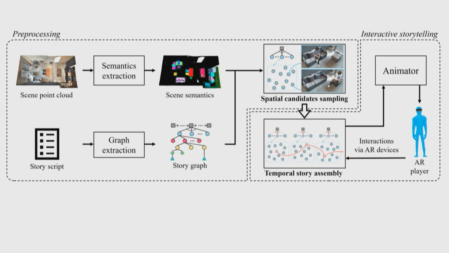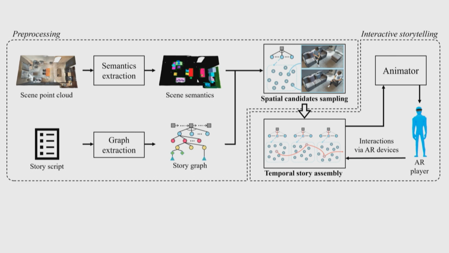For example, I can throw a party here. I can also throw a party at my apartment. I may throw a party in the hotel, right? So the environment changed, but the story somehow is more or less the same. So how can we adapt the story to different environments such that if someone wears an AR headset, he or she will be able to feel the same story? So this is the major goal of the work.